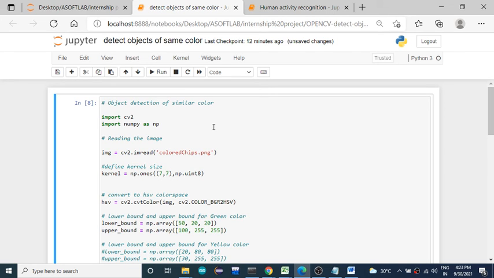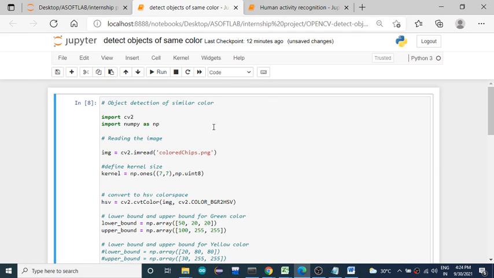Okay, and then you are going to find out the contours. Before that you need to mask out all the other pixels to get the contours. Okay, for the contour to come out clearly, mask all the pixels, cover them up, and remove all the noise from the image.